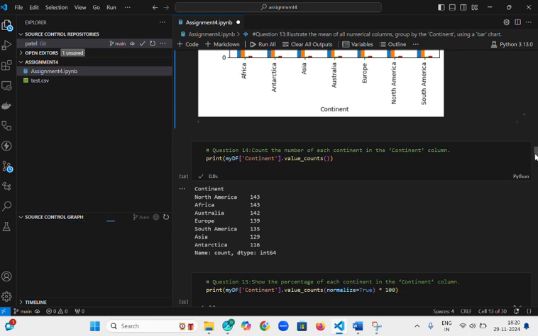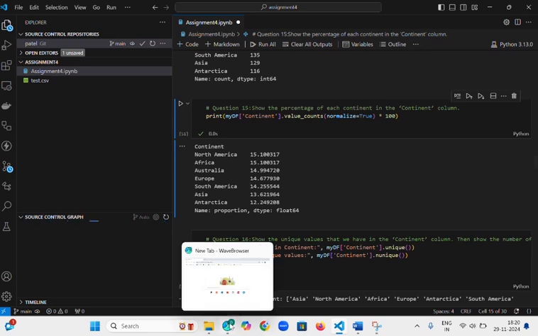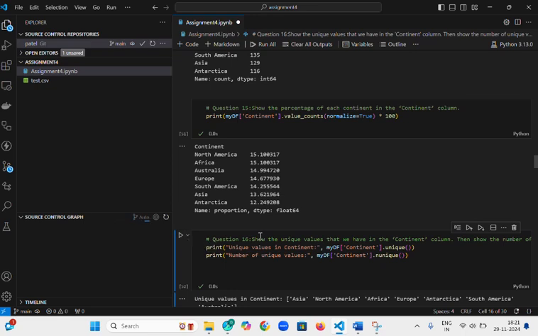For questions 14 and 15, I counted the occurrences of each continent in the continent column and calculated the percentage using value_counts and normalize equal to True. So this is my output for my question 14, and here is my output for my question 15. In question 16, what I did is I displayed the unique values in the continent column and counted them using nunique. So this is my output